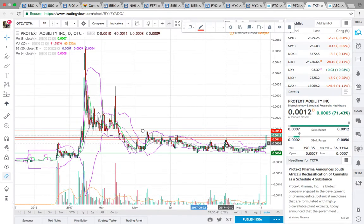From back here in October, the close above high close resistance in October does signal more upside. It also closed above high close resistance from back here in May through June, or June through July. And now the big level is this May level. So if it can get above 0.0014, a close above that level will signal that TXTM wants to head higher. Notice the big volume spike behind the move. Yeah, this one's really heating up. And then one more for you,